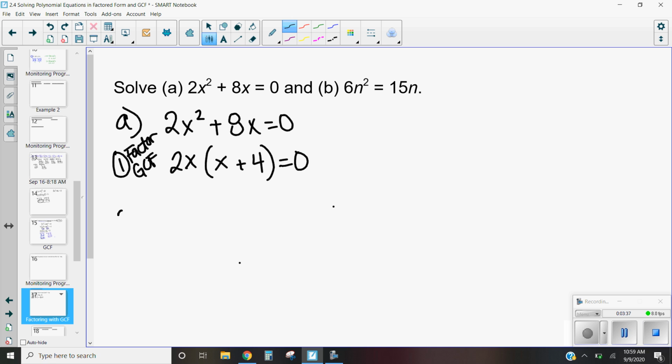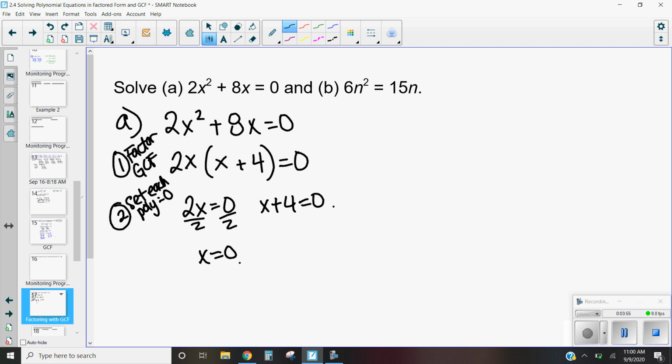And then my second step, now that it's in factored form, all I have to do is set each polynomial equal to 0. So now I'm going to do 2x equals 0, and x plus 4 equals 0, and then I can solve that. Divide by 2, and I get x equals 0. Remember, it was a monomial, so we knew it was going to be 0, and then subtract our 4 on